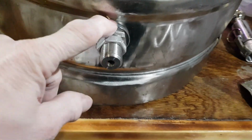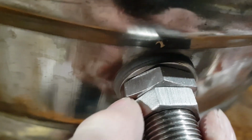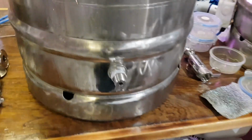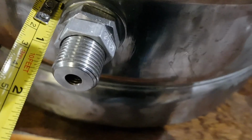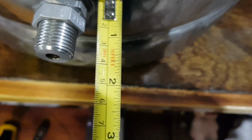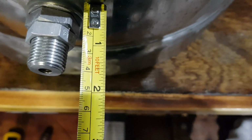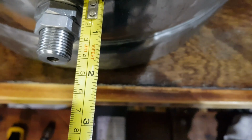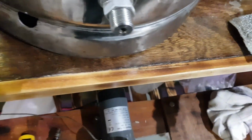So this thermal well, really, it's just one of the Malt Miller ones. I'm wondering how long it is. Let me get a tape measure. So what we're interested in is the protuberances. Let's do it from that side and we'll actually see it. Now, if it's 30 mil insulated and then 1 mil, we'll still have enough sticking out the other side to put a large nut on and then poke the, because all this is,